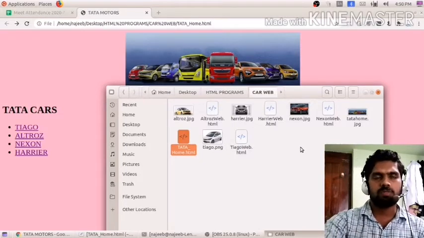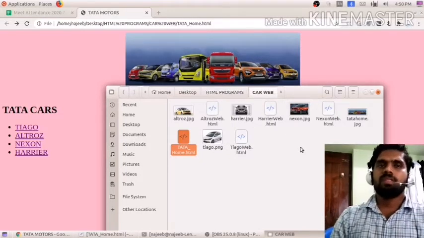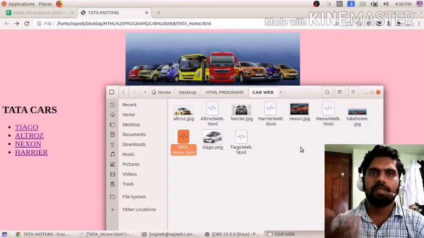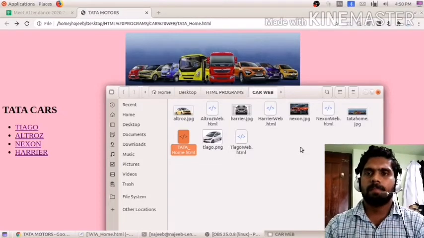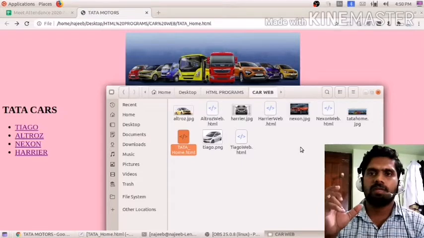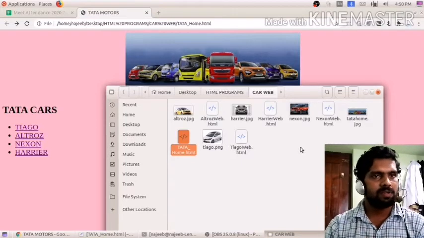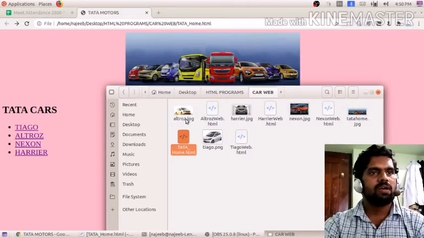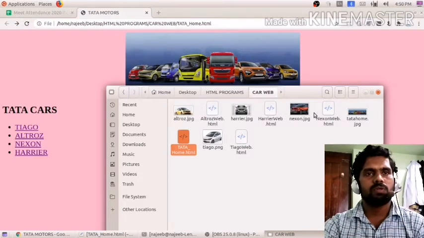So how is it possible? Before that, we are using some images in different web pages. So we have to download these images, or keep them in this active directory, that is car web.